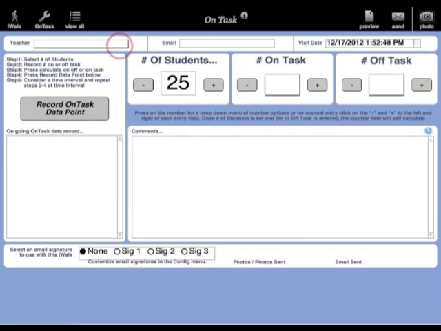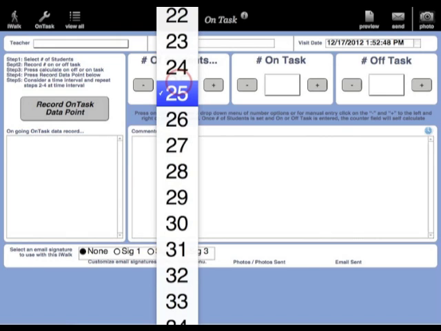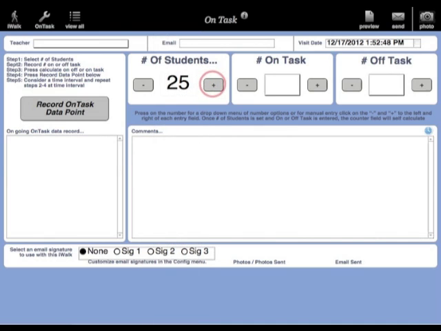first thing that you're going to do is select a teacher, which is going to propagate the email address. And then make sure that you tell the tool how many students are in the room. You can do that by clicking right on the number and selecting a number appropriate, or you can use the add or subtract buttons here to get to the number of students that are present